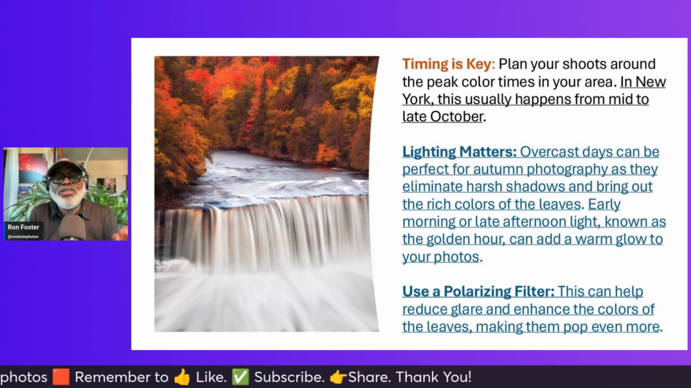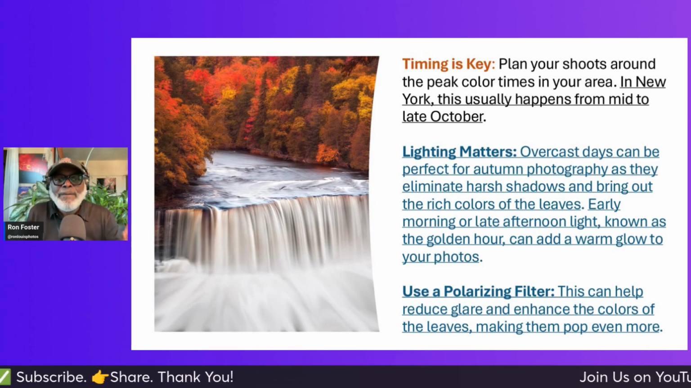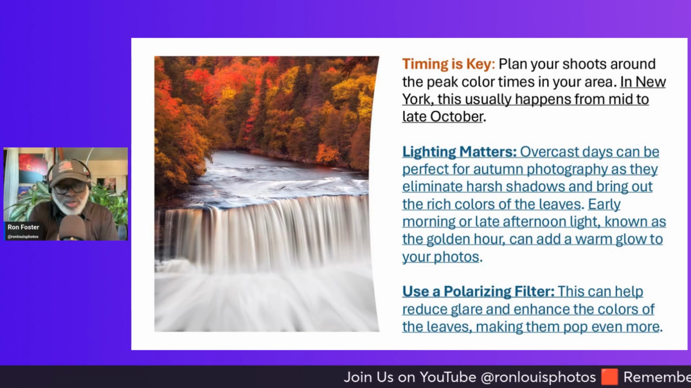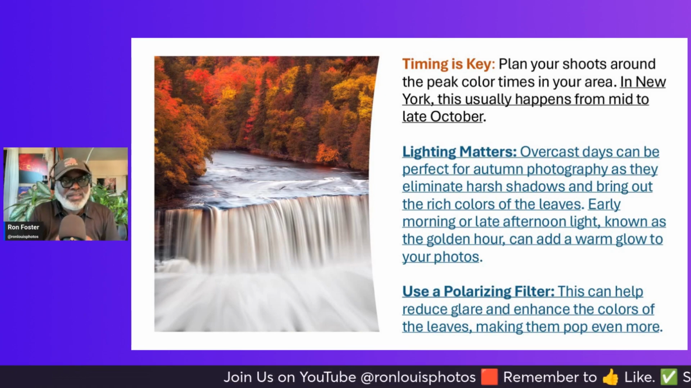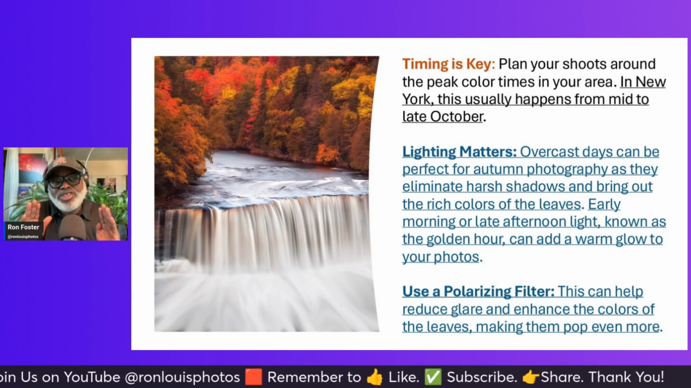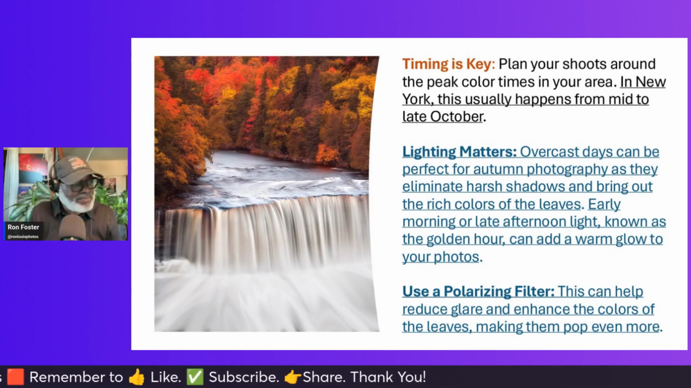Number 2 in this category, use a polarizing filter. This can help reduce glare and enhance the colors of the leaves, making them pop even more. So for those that have cameras, this is not your smartphone, but you can do it with your smartphone too. But let me tell you how you can do this with your smartphone first. If you have a smartphone,